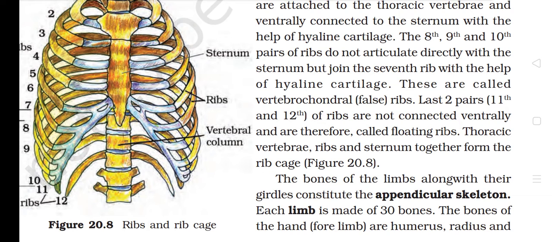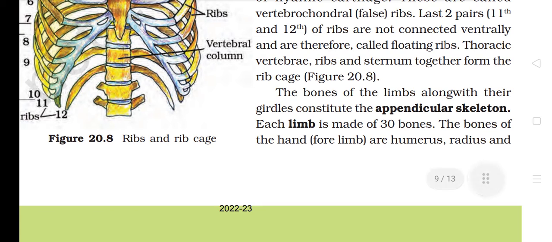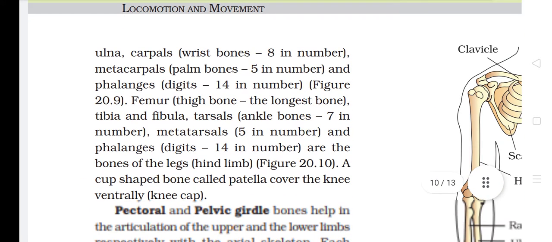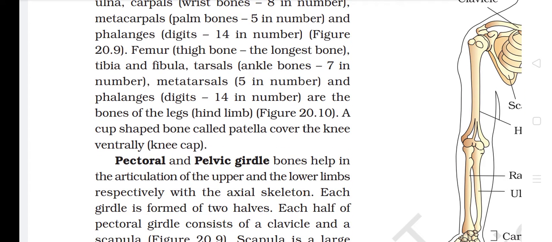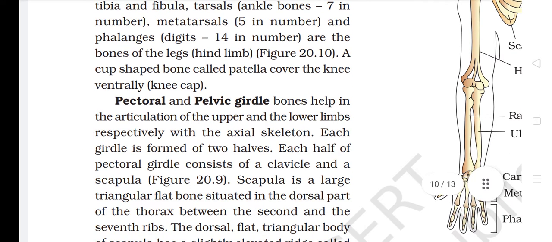The bones of the limbs along with their girdles constitute the appendicular skeleton. Each limb is made of 30 bones. The bones of the hand, forelimb, are humerus, radius, and ulna, carpals, wrist bones 8 in number, metacarpals, palm bones 5 in number, and phalanges, digits 14 in number. Femur, thigh bone, the longest bone, tibia and fibula, tarsals, ankle bones 7 in number, metatarsals 5 in number, and phalanges, digits 14 in number, are the bones of the legs, hind limb. A cup-shaped bone called patella covers the knee